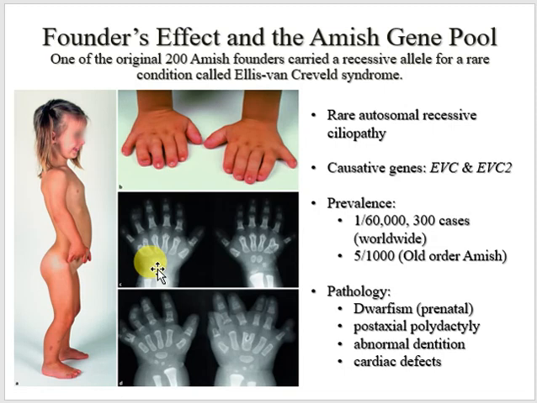Now, since that time, Amish have followed a very simple lifestyle. For example, they do not own cars. They instead travel by horse and buggy. They do not use electricity. Arts are limited. But the major thing that deals with the genetic diversity is that they rarely intermarry with people outside of the Amish